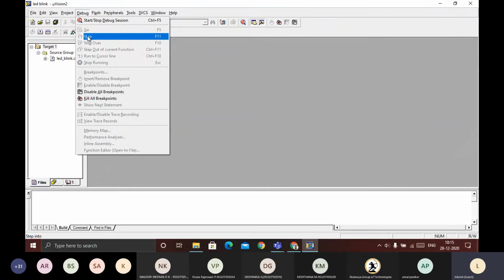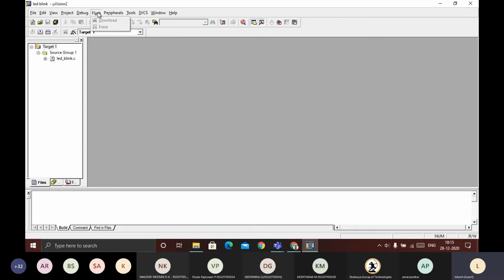Now we are not having that one. It's not highlighted, it is grayed out now. So we will look at how we can go further step by step, and step over. If I have any loop, I need to come out of the loop, so then we can use step over like that. We can also stop running, all those things.